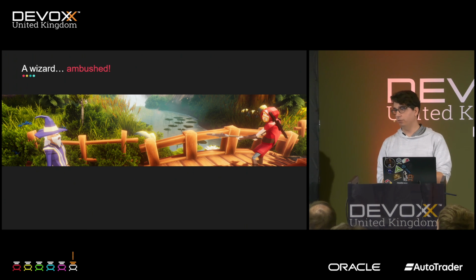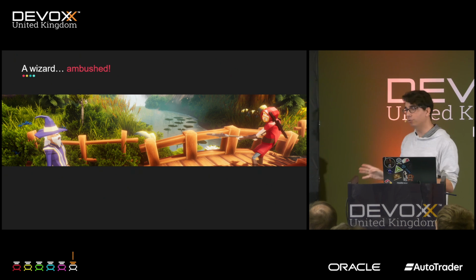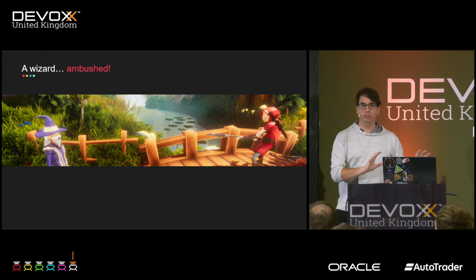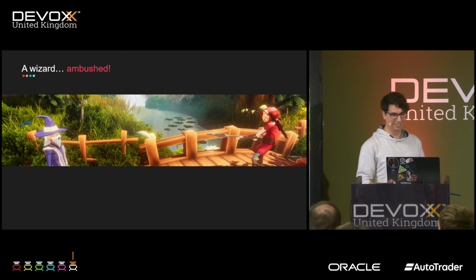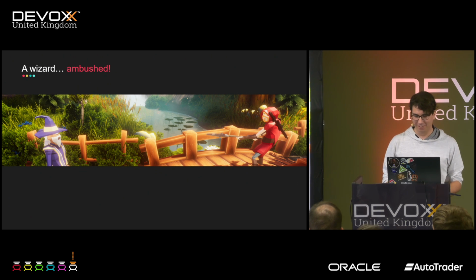I play a lot of Dungeons and Dragons. Any other people that play Dungeons and Dragons here? Great. If you do not resonate with Dungeons and Dragons, just everything I refer to as wizard, just think of Harry Potter with Dumbledore, which everybody should know, at least here in the UK, I think, right?